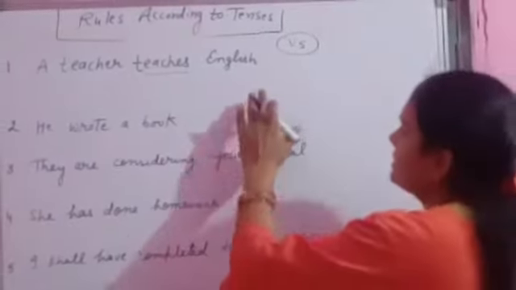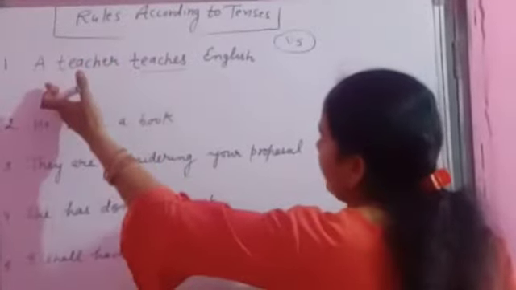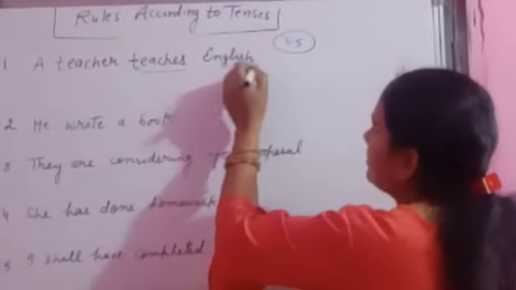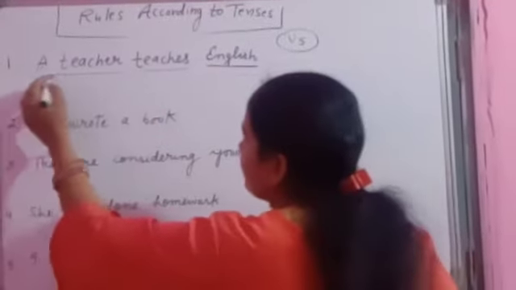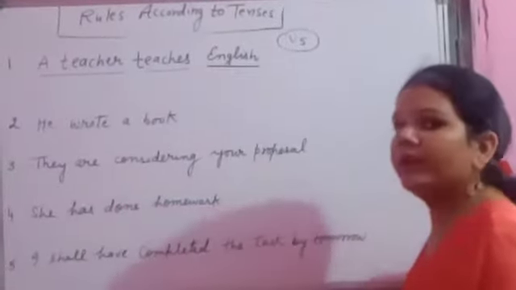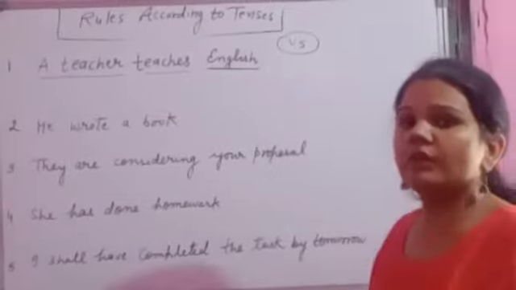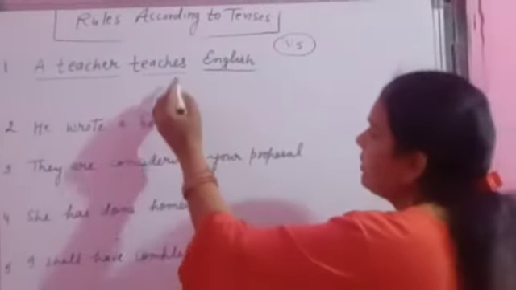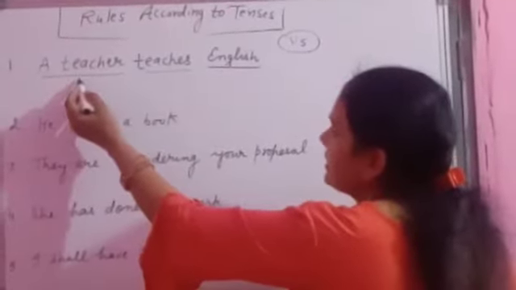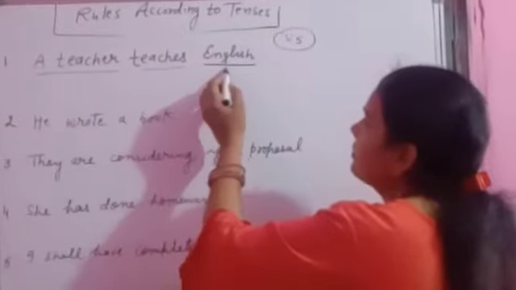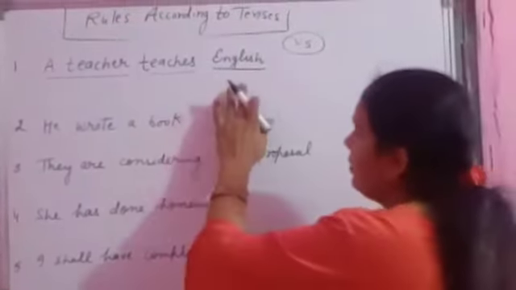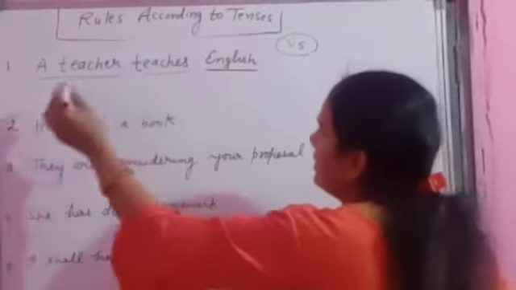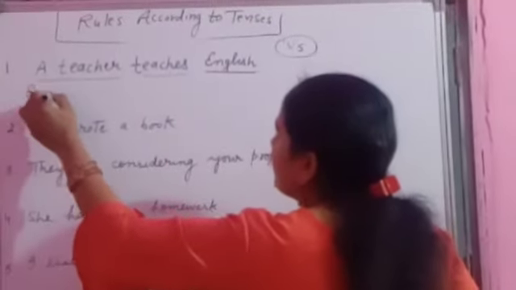First of all, change subject into object and object into subject. Now what is object here? English. And what is subject here? A teacher. How can you identify? Because I have already told you that before a verb you always find a subject, and after the verb you always find an object. Clear? Now what is object? English. It means that now your new subject is